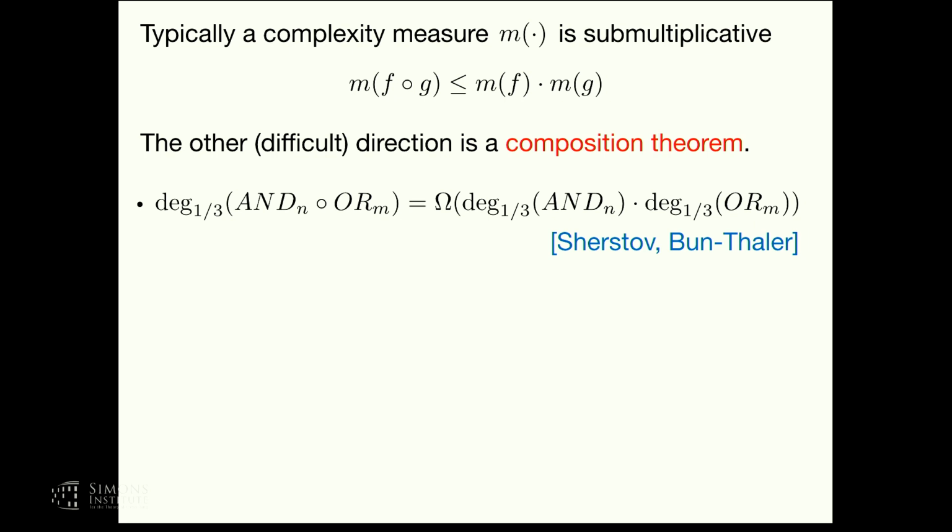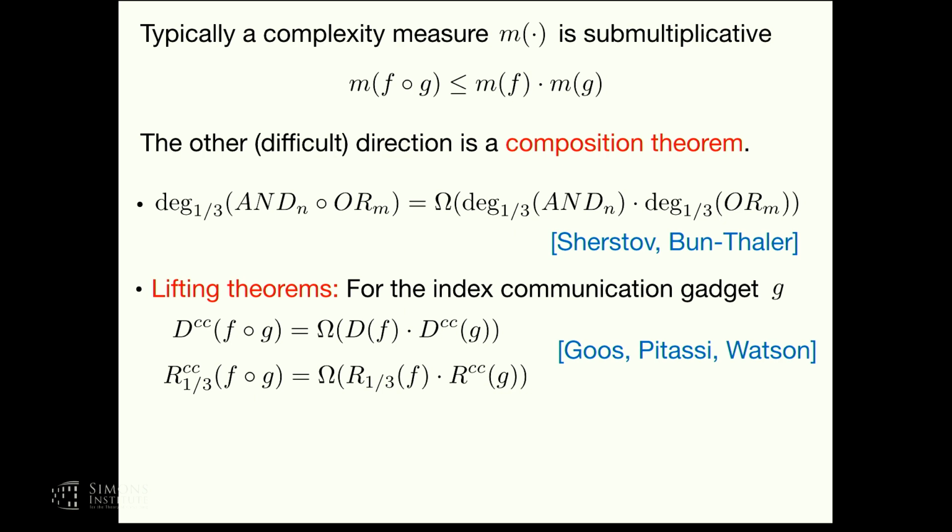There was a long line of work improving lower bounds on the polynomial degree of AND composed with OR, until recently Sherstov and Bun-Thaler came up with a tight lower bound. And it's what you expect, right? It's the product of the approximate degrees of the OR and